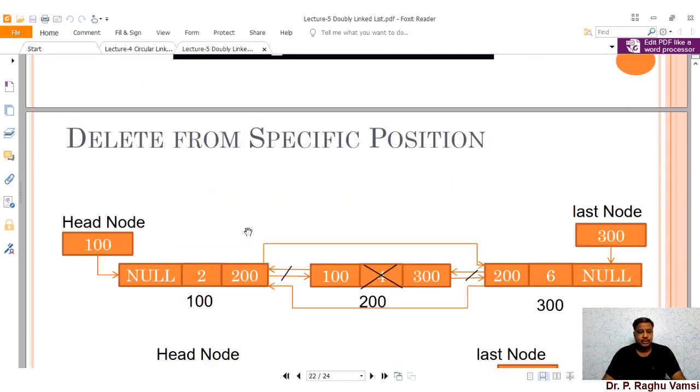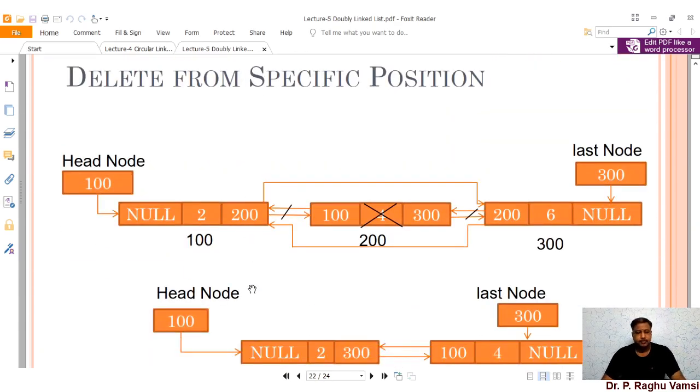Next is removing a node at a particular position. Here you are supposed to be very careful, because it is just like a single linked list traversal. You are supposed to traverse till position minus 1. Whenever you traverse till position minus 1, the position minus 1's next address should be kept in a temporary one, and this temporary one is the position which you want to delete.